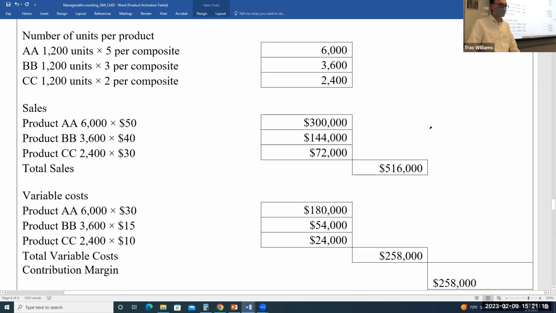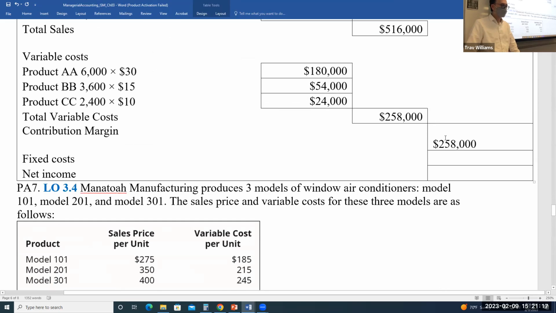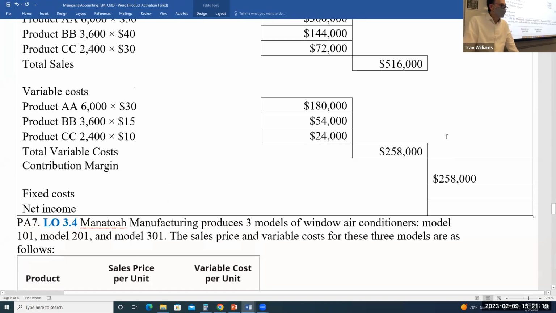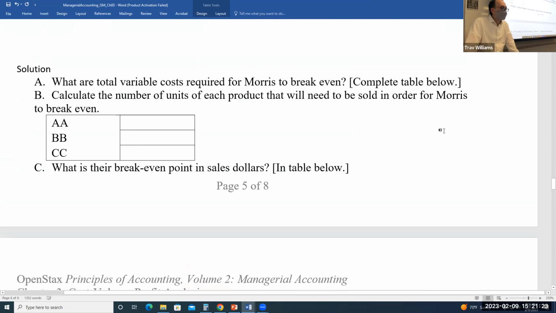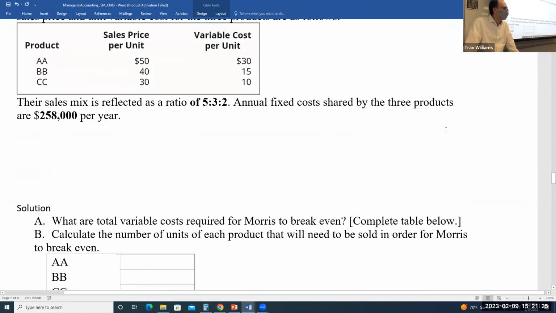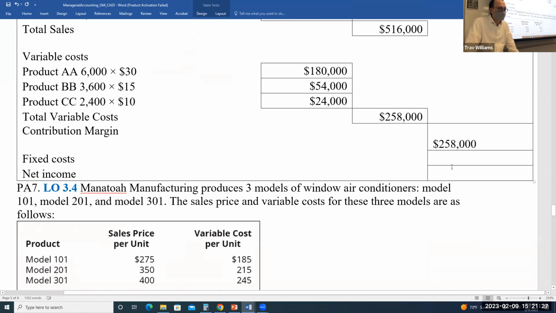So it makes sense that they have the same ratio here. Okay, and our fixed costs, we said, were also $258,000. So it looks like we did this correctly, because when we take our contribution margin minus our fixed costs, it equals 0. So we are exactly at break even,